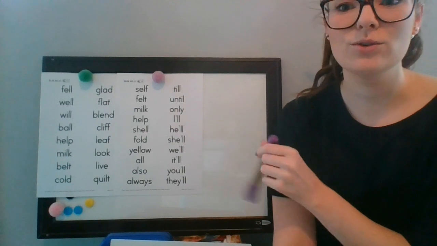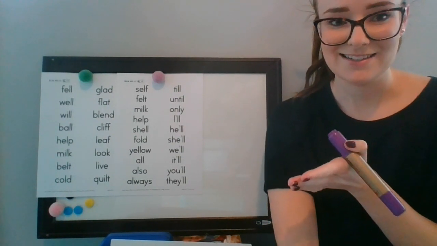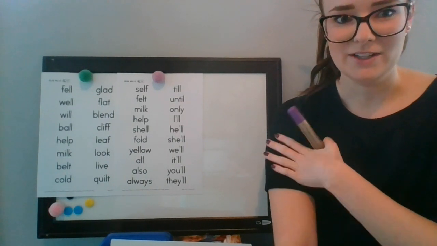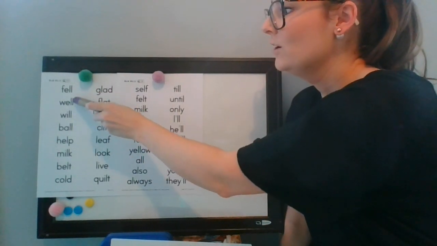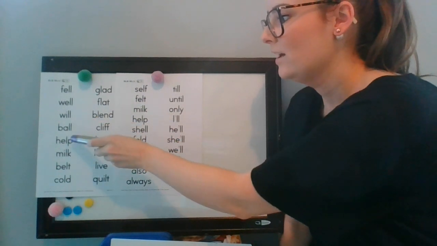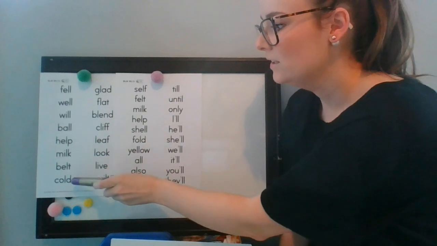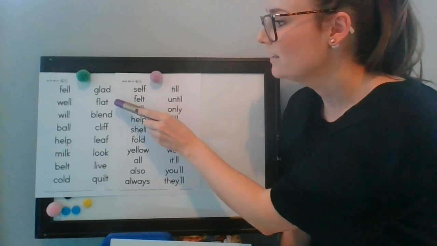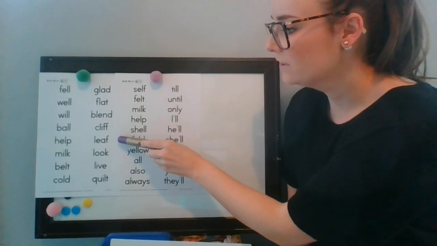Okay, I'm going to read through all of our words. I'll say it and I'll leave a little gap so that you guys can say it after, and then we're going to have a go at segmenting some of these words as an example. So I have my first word, so fell, well, will, ball, help, milk, belt, cold, glad, flat, blend, cliff, leaf,